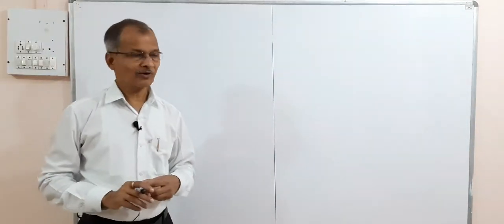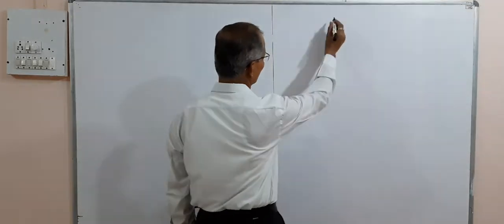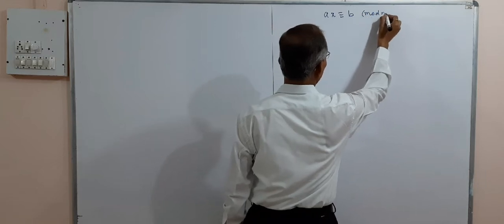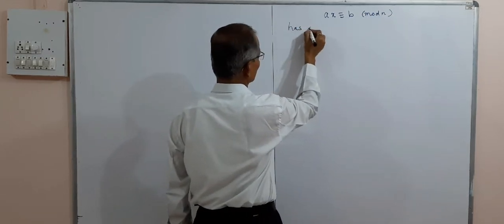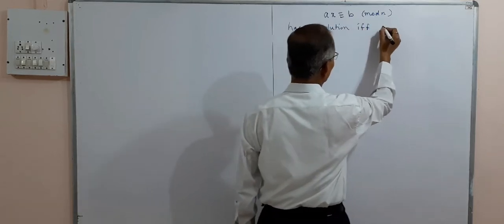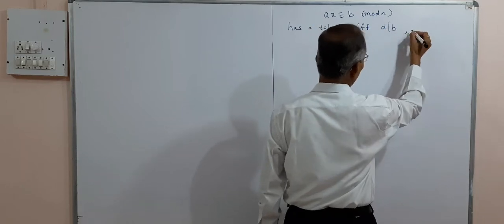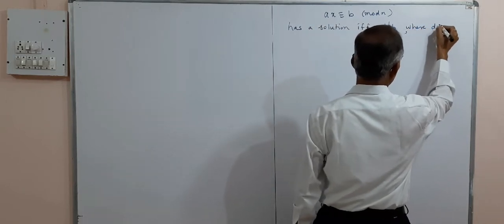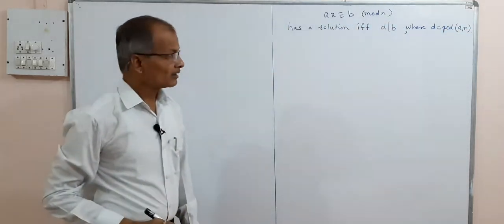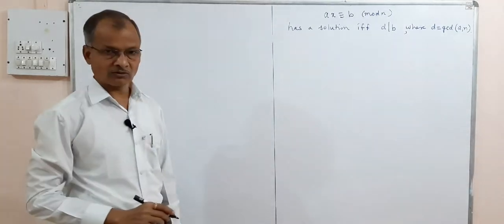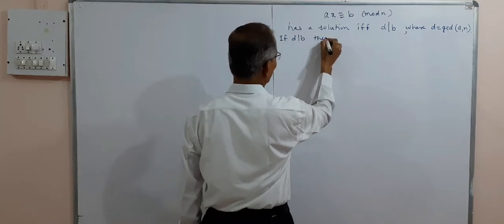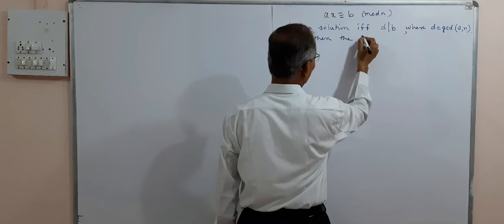So we have studied the theorem on linear congruence: a linear congruence ax ≡ b (mod n) has a solution if and only if d divides b, where d is the GCD of a and n. And if it divides, then it has d incongruent solutions. If this condition is satisfied, then the d incongruent solutions